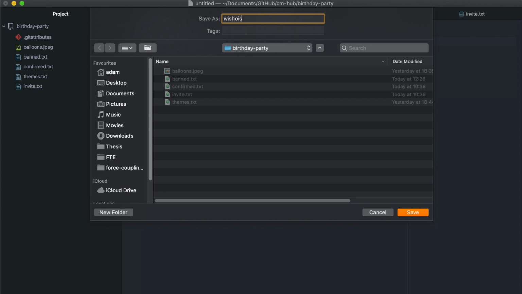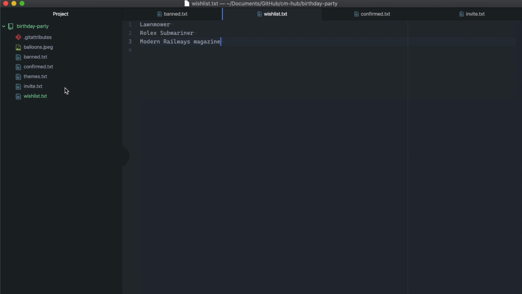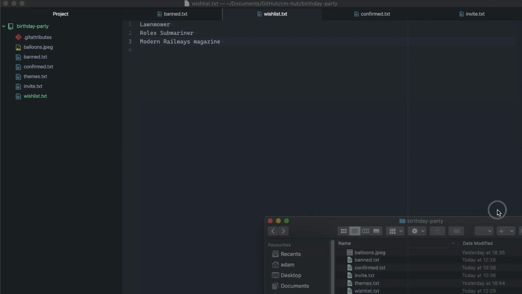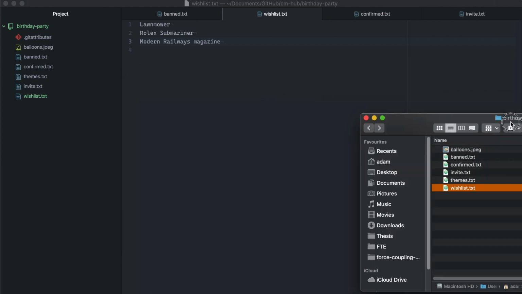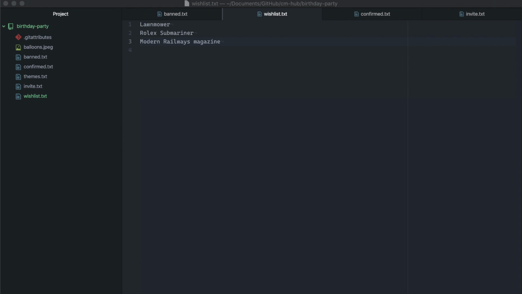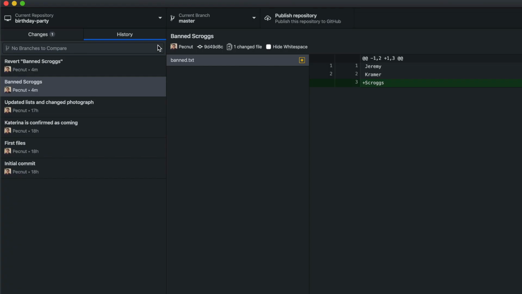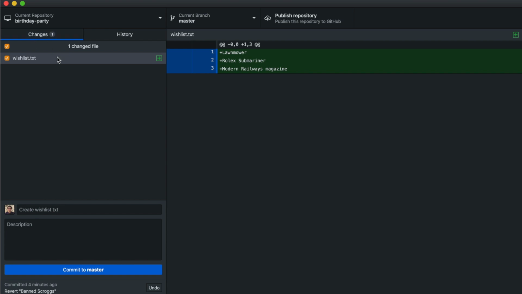Save it as wishlist.txt. You can see that it's appeared. In fact, we can even just check in Finder that there it is, wishlist.txt. It's here. Good. So now let's head back to GitHub Desktop. We're going to commit the change. So we go over to the Changes tab, created the wish list,